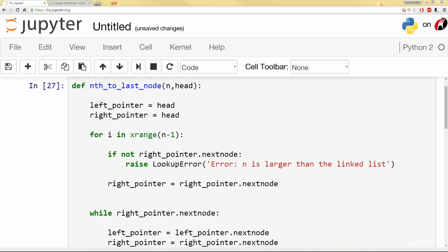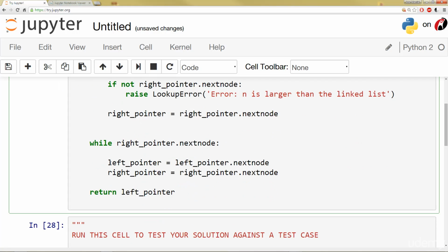I'm trying to find the nth to last node in a linked list. And my basic strategy is going to have a left pointer at the head and then have a right pointer that starts off n nodes away from left. Essentially n nodes down the list. So we have a block of nodes between left and right. Then I'm going to keep moving them along together in sync with each other until the right pointer, that right end of that block, has reached the final node,